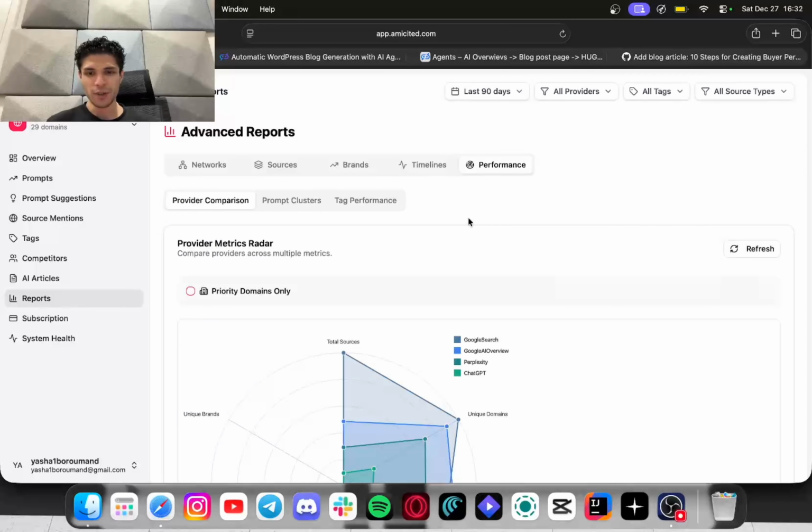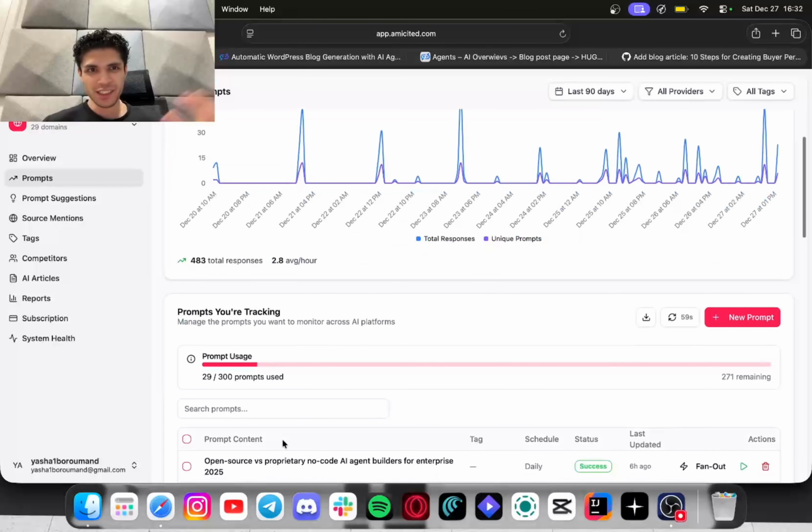Now, how do we go from analysis to actual generation of content, making sure that you are taking this analysis into consideration to change your strategy? So this is our workflow. We're going to go through the workflow, so let's jump to it. So here is how we suggest in Am I Cited to generate the content, and we have seen really good results ever since, mostly in AI providers that are starting to rank high.